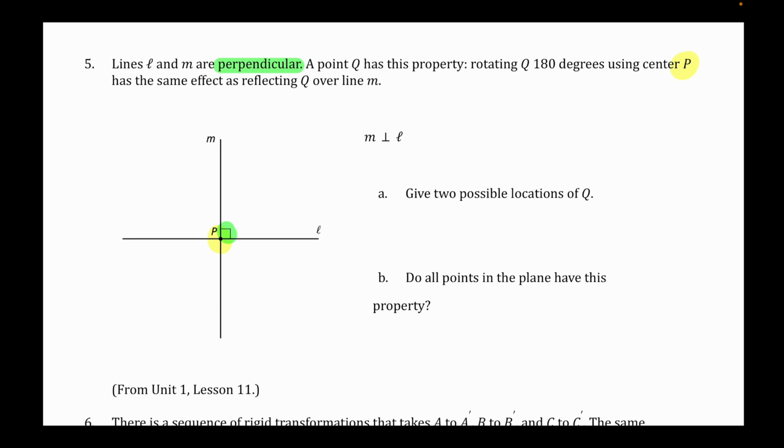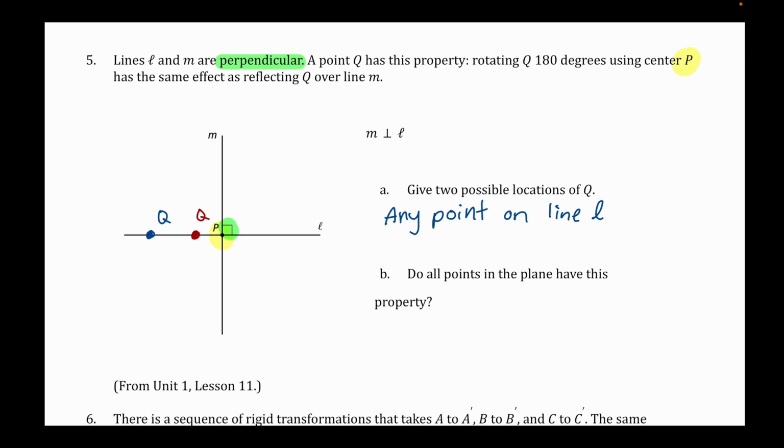Otherwise, rotating it around P is going to take it to the other side and move it vertically as well as horizontally. So we're going to say that this would be, you can give two possible locations, so you can draw two locations, or I'm just going to say any point on line L. So I'll give Q could be here, or it could be, we'll put another one in red, it could be here. And that would create